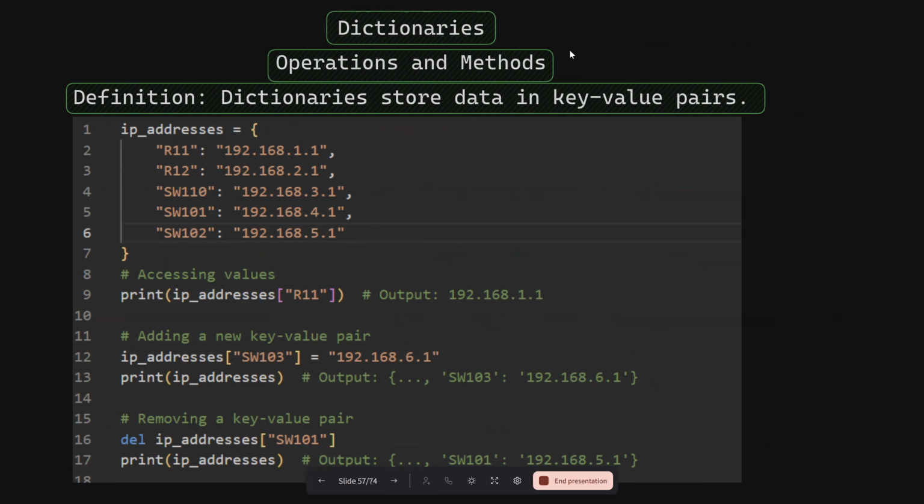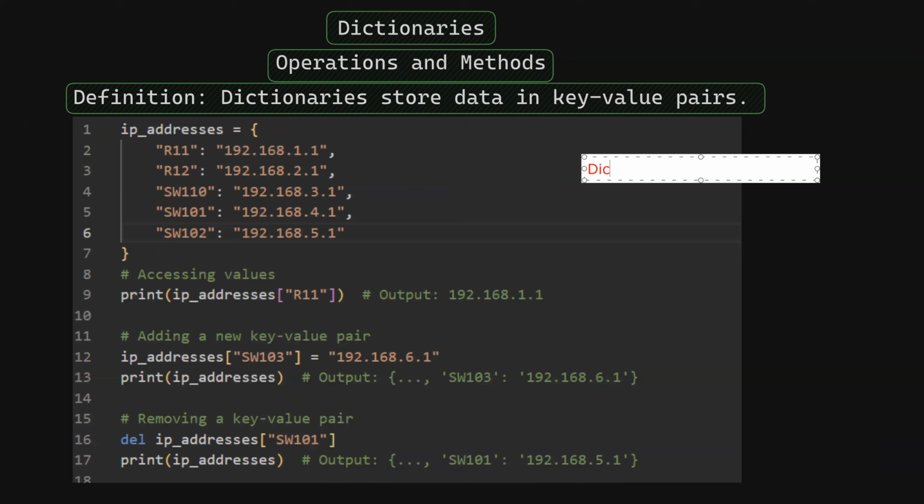Now, the most important data structure we have that you will see again and again and again is the dictionary, key and value. Why are they very important? Because they are very much native to JSON. JSON data format, and later on you will see the usability of JSON. Let me write here. So you can see the dictionary